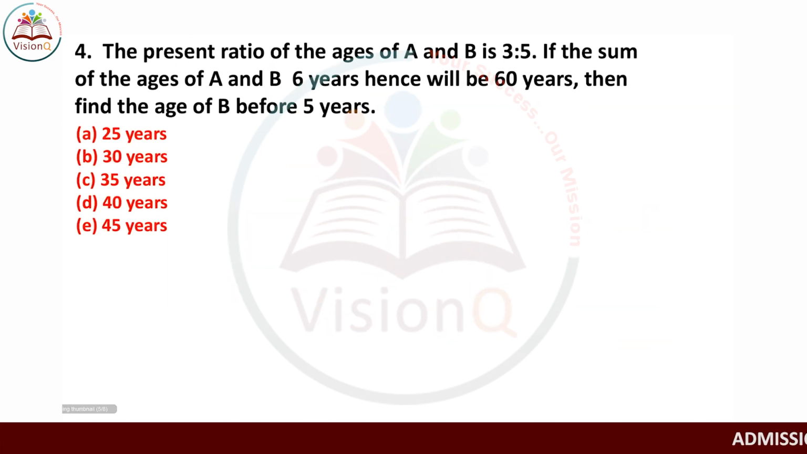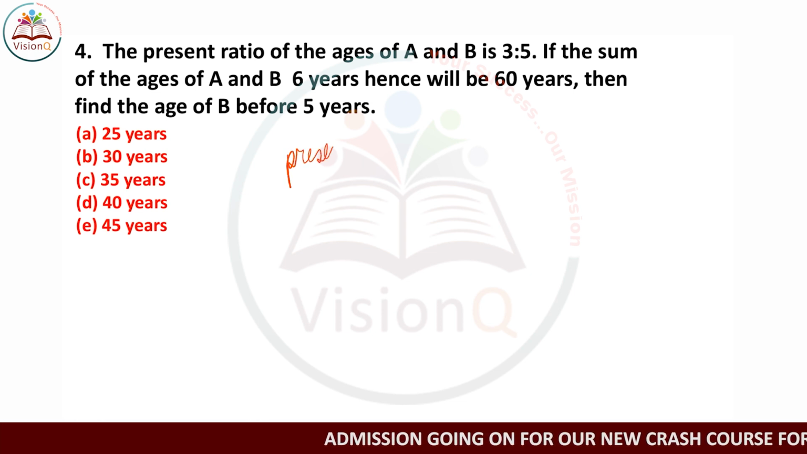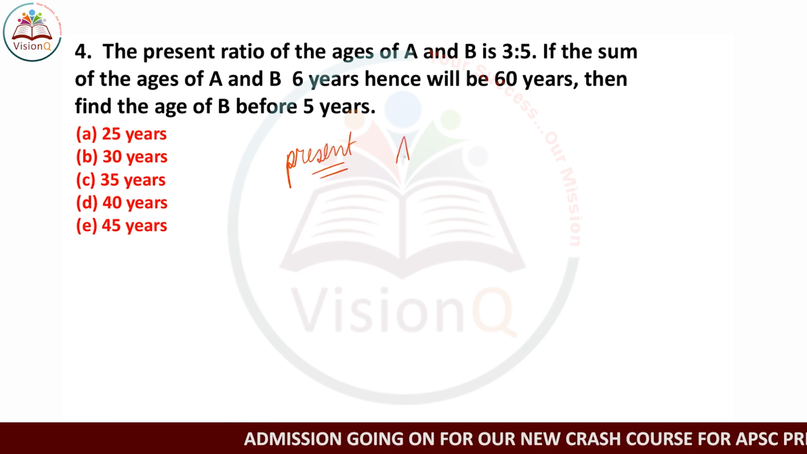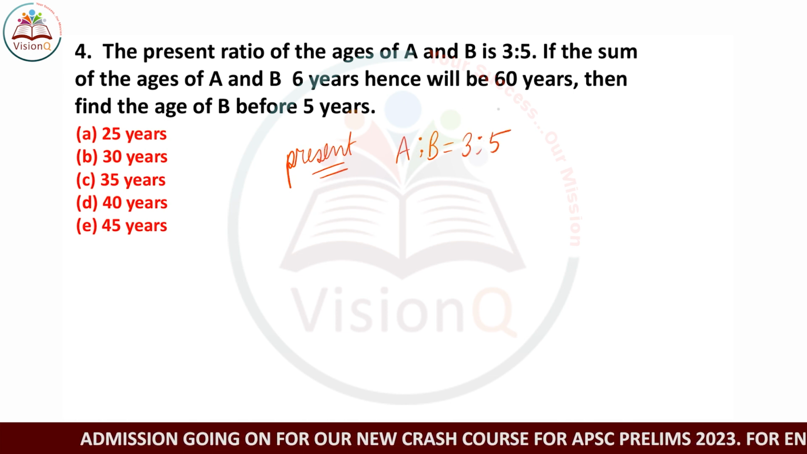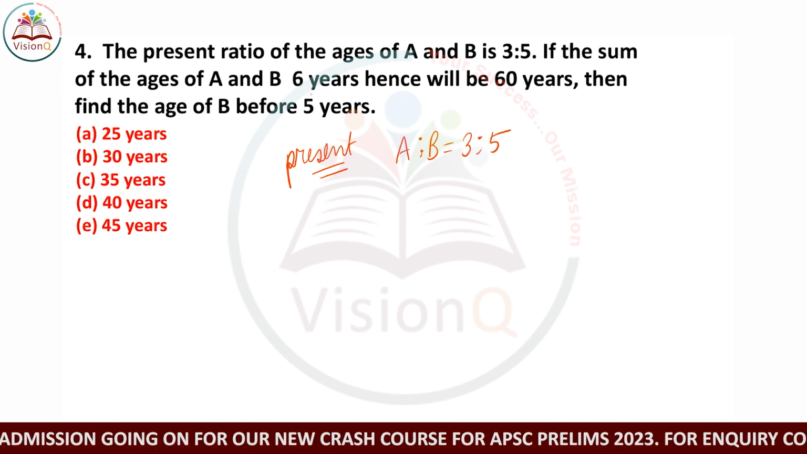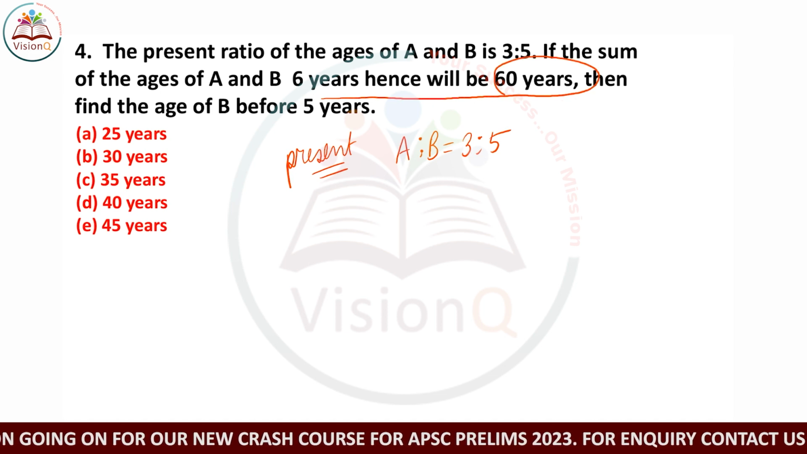So next in front of you is example number 4. Okay, now this question says that the present ratio of the age of A and B is 3:5. The ratio is given in the present. Okay, the present ratio of the age of A to B is what? 3:5. If the sum of the ages of A and B 6 years hence will be 60 years,